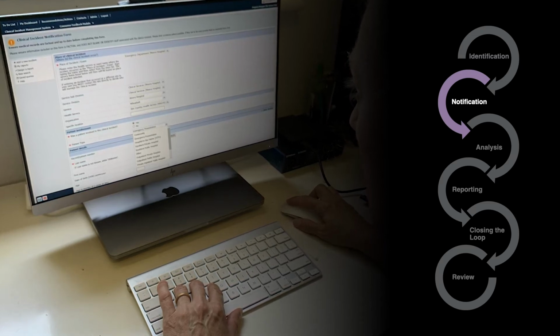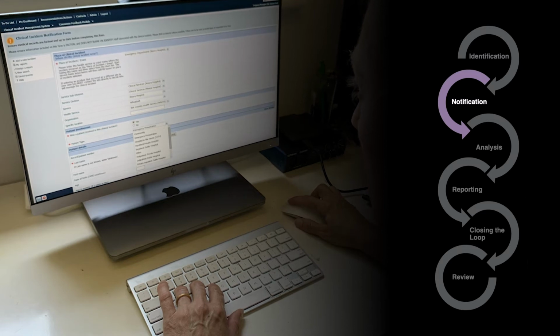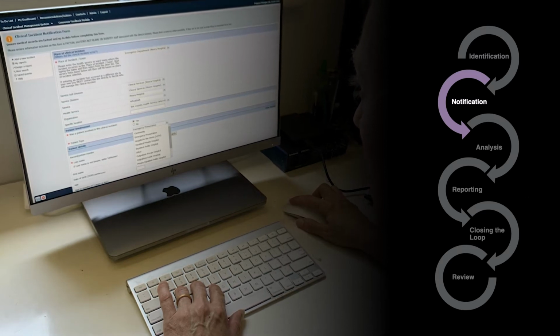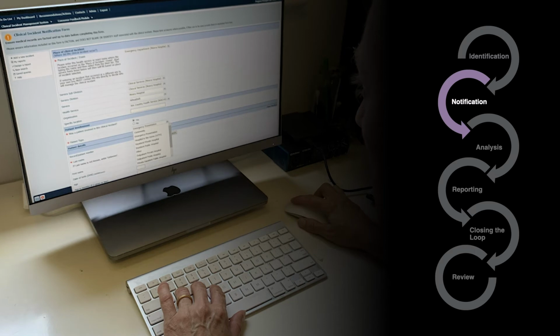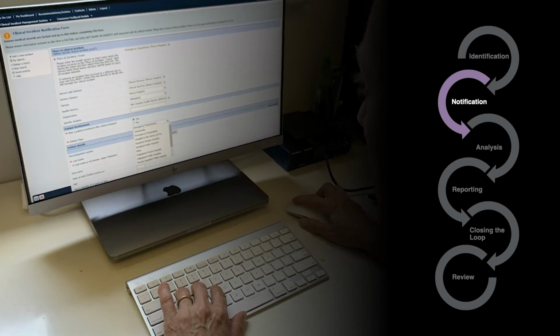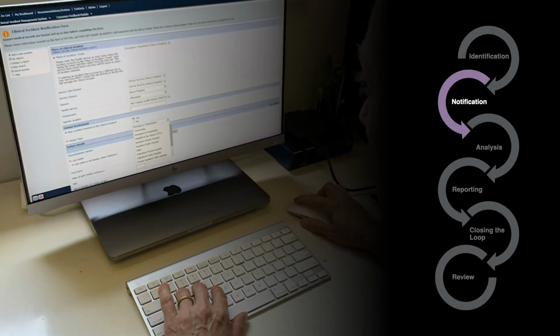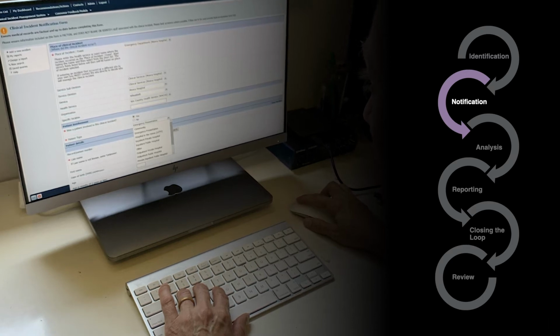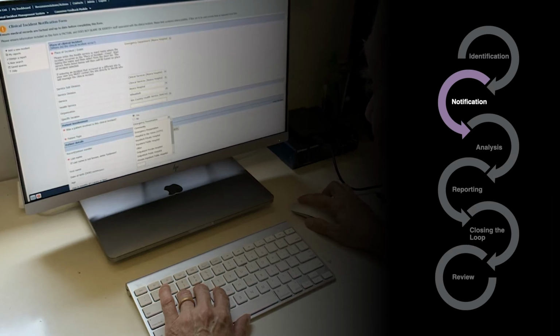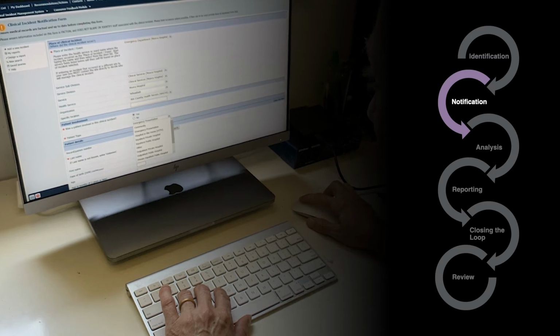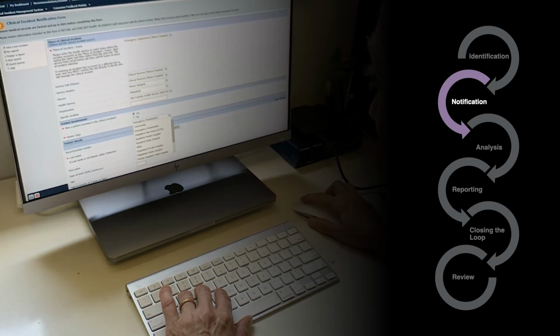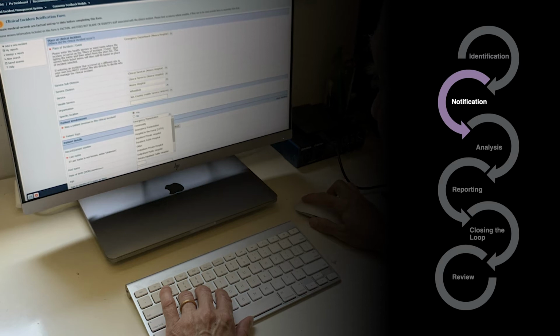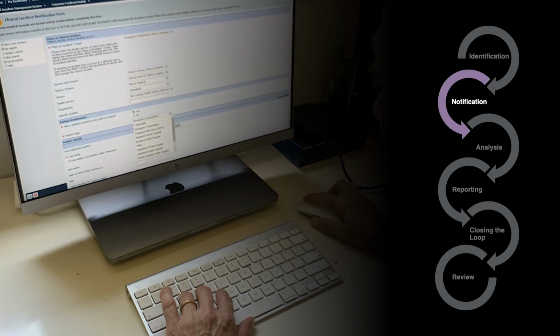And finally, within 48 hours of the notification, the relevant staff member involved in the management of the clinical incident, such as the unit manager, will undertake initial analysis and confirm the SAC rating of the event. If the event is confirmed to be a SAC 1 clinical incident, notification must also be made to the WA Health Patient Safety Surveillance Unit, the PSSU, within 7 days.